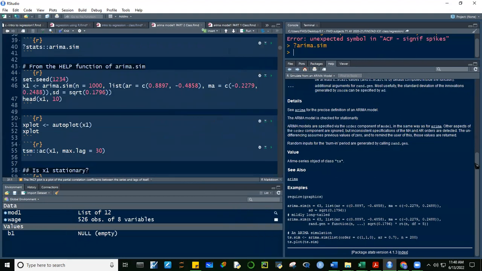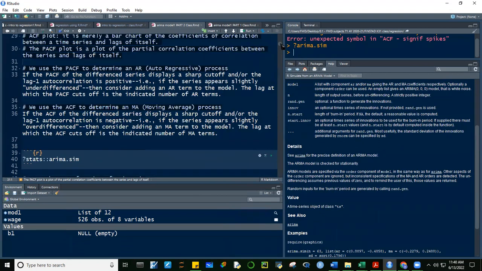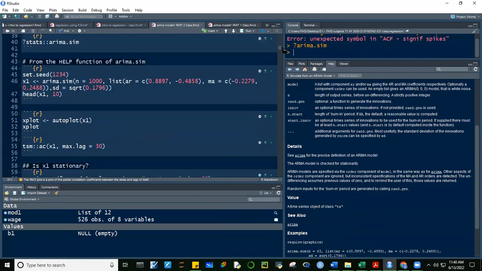Okay, so gamitin natin, guys, yung ARIMA.sim from the stats package in order to generate data set that we can model using ARIMA. Take a look at this. Set.seed. So mag-set.seed tayo, guys, para pare-pareho tayo. We're creating an object called, sige, x1 na lang. x1, then ARIMA.sim.